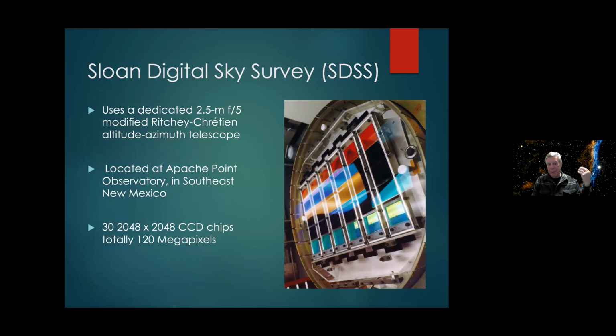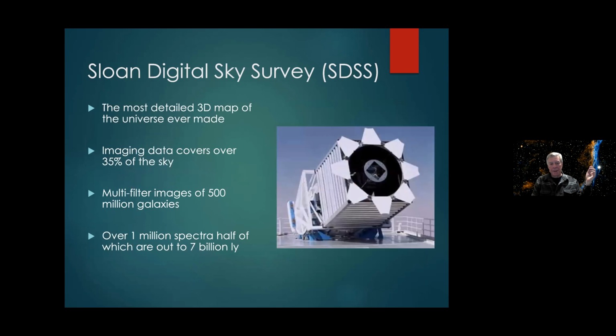This is a 2.5 meter f5 modified RC telescope, Alta Azimuth. It's actually located in New Mexico, in the southeastern portion of New Mexico at Apache Point. And it uses as its detector 30 2K by 2K CCD chips, giving a total of about 120 megapixels. This survey has been going on for, gosh, I forget how many, 10 years now,